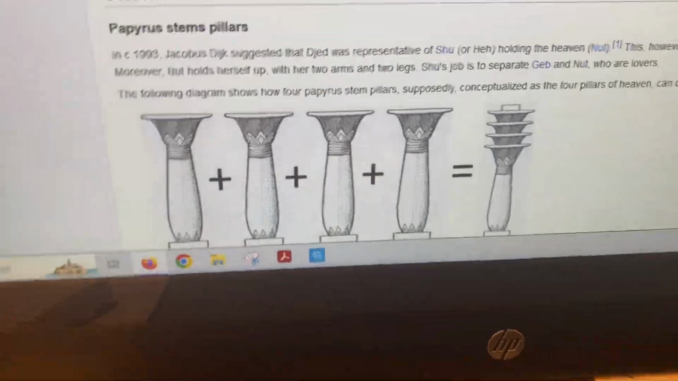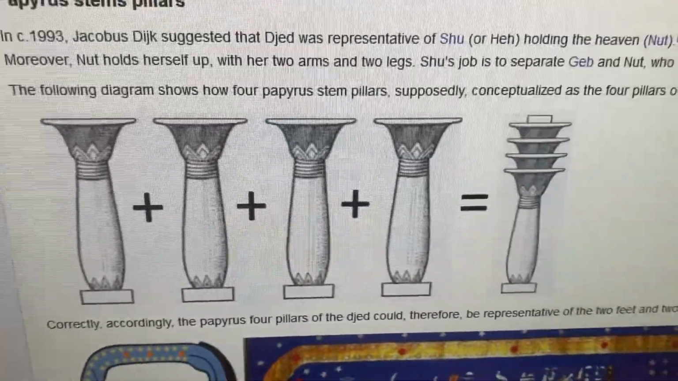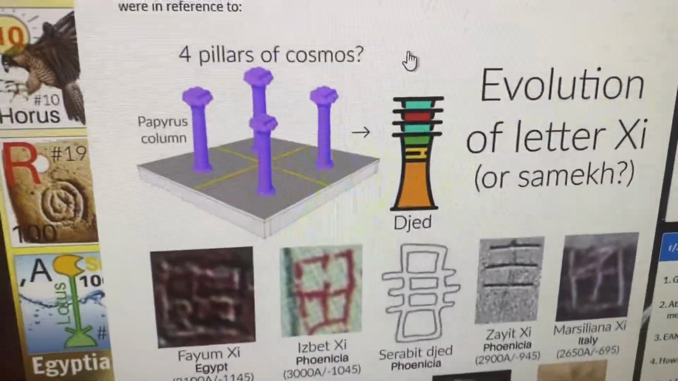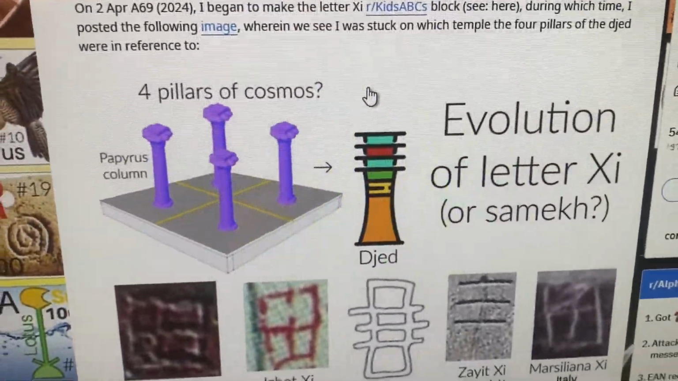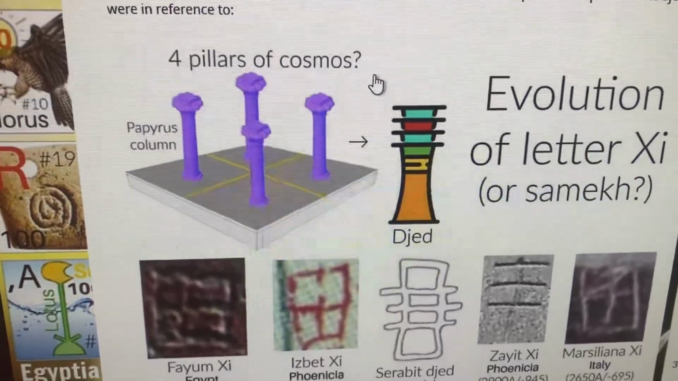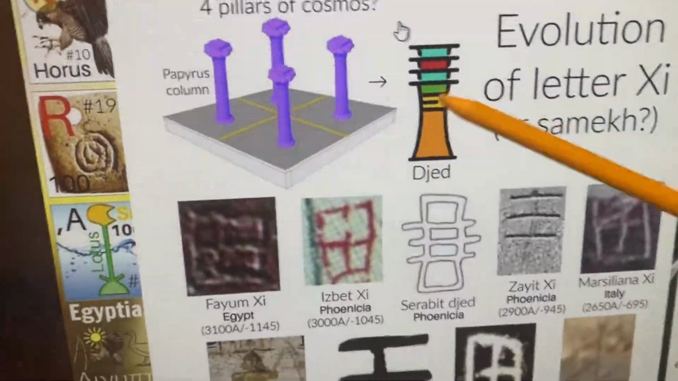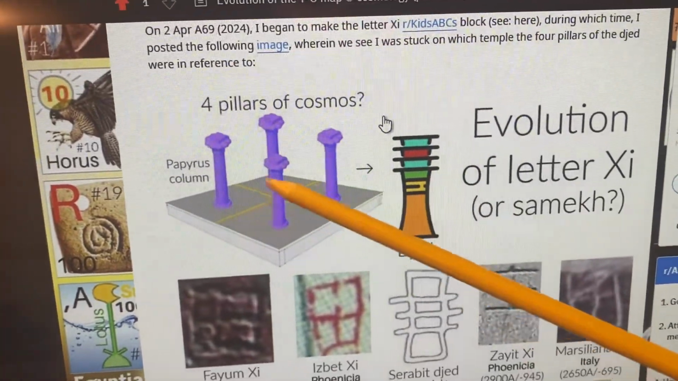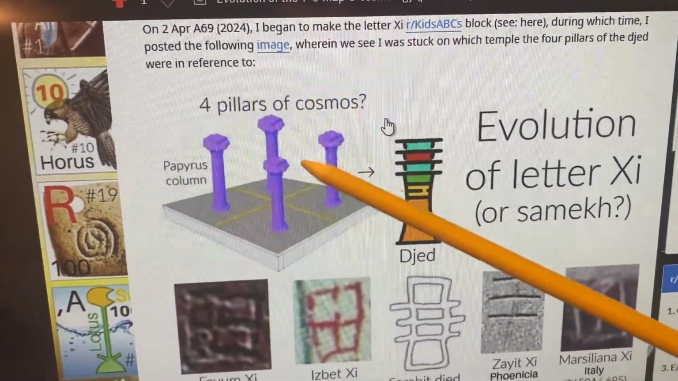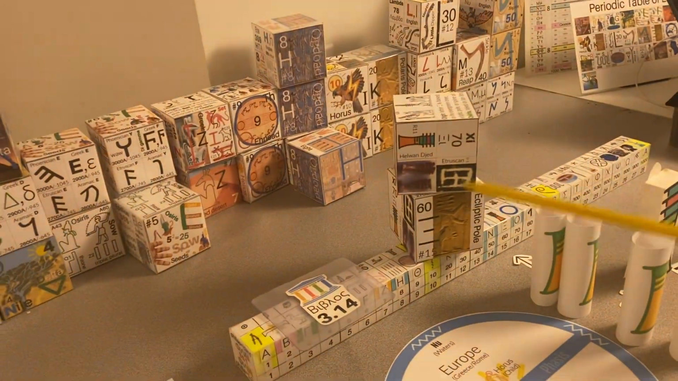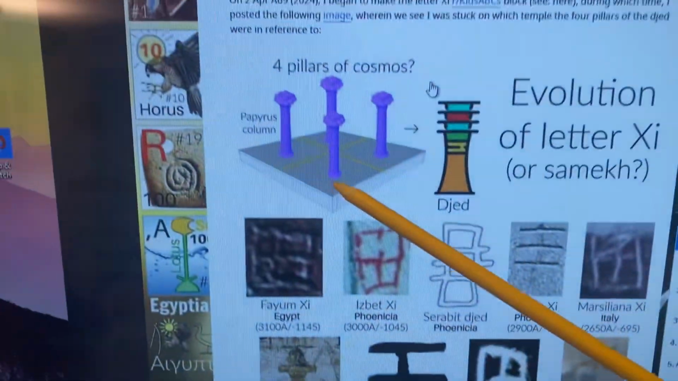So here we see 4 pillars superimposed, but this is what I posted at the start, on the 2nd day of April. I had figured out that this thing, the Djed, corresponds to 4 pillars, papyrus pillars, because these are the early forms of letter Xi, which I was making for the kids block, which is block 15, but I didn't know where these pillars came from